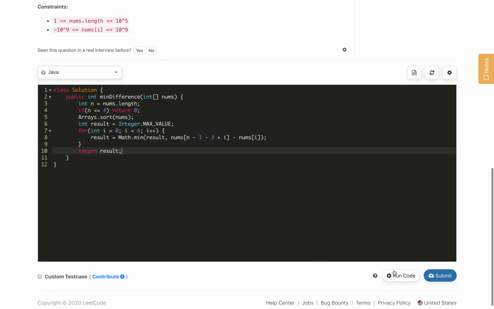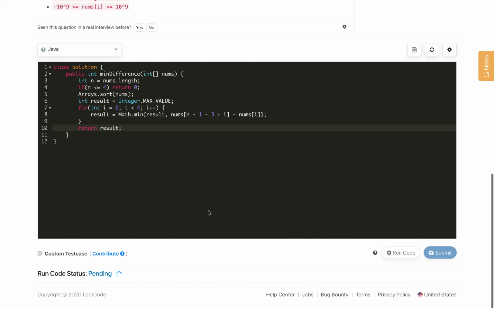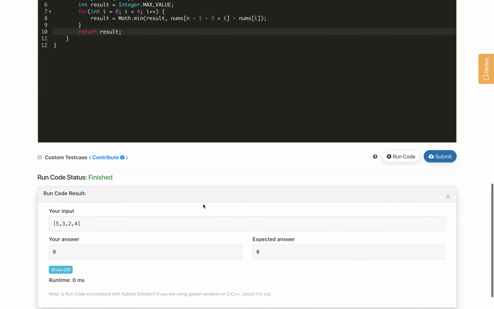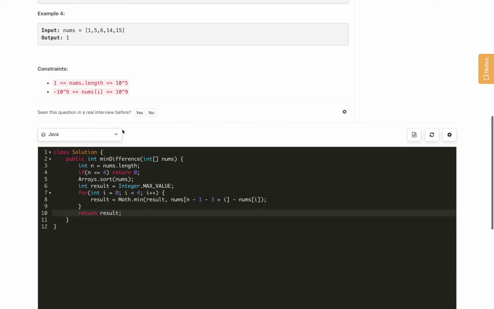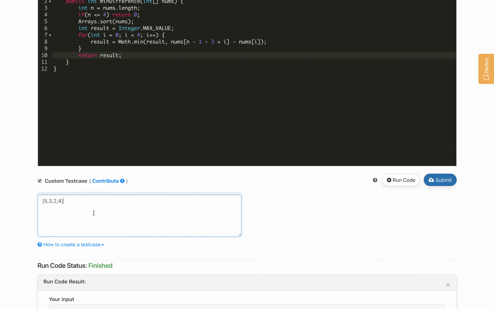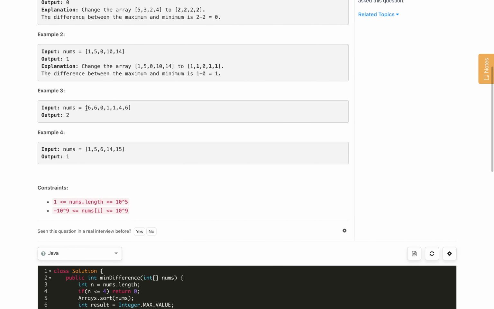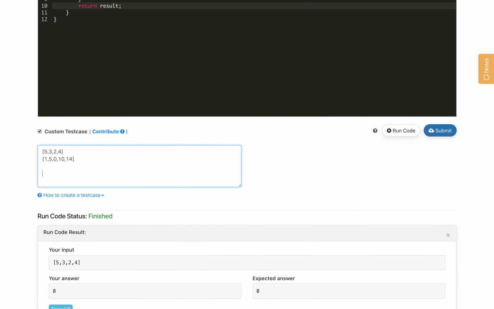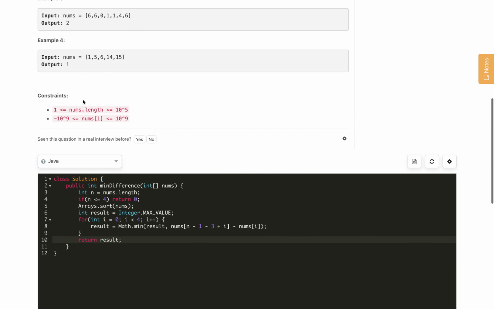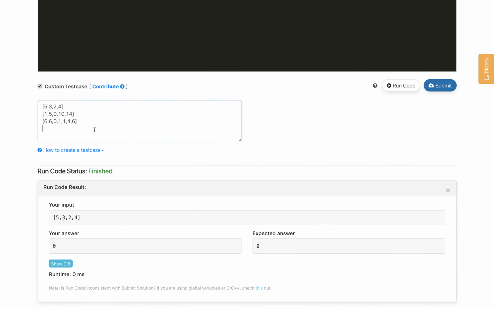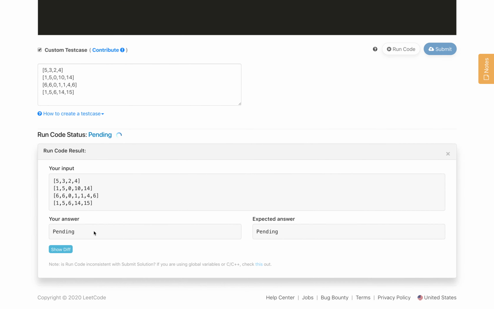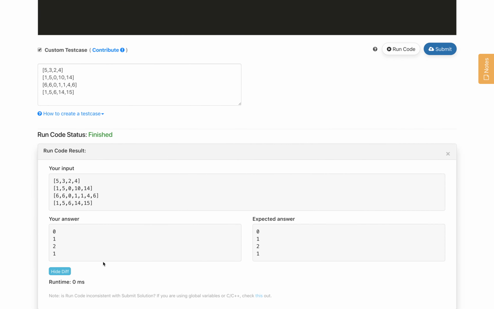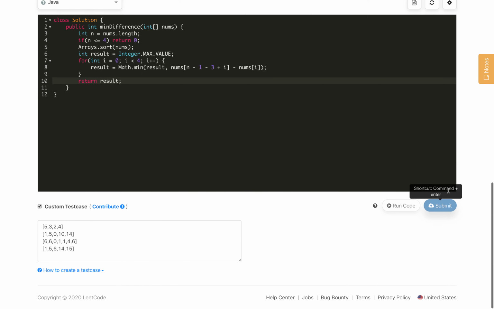So let's compile our code and see whether we are passing the base case or not. This case is very easy, we are passing. Let's try these other cases in a custom test case. For custom test cases, let's add the second, third and the fourth test as well. Now let's test all the custom test cases whether we are passing or not. If you see, we are getting the correct answer, let's submit our code.